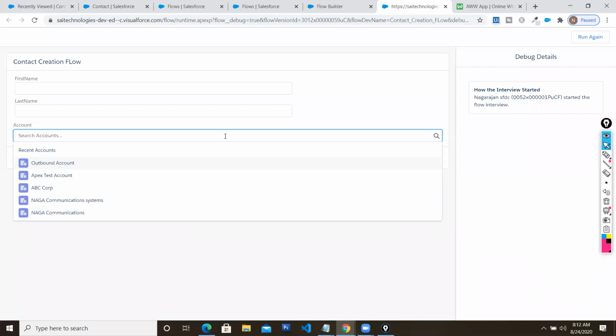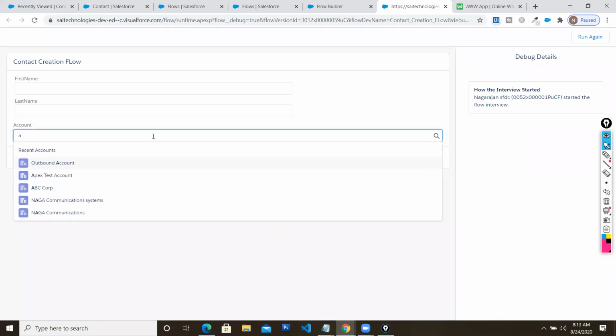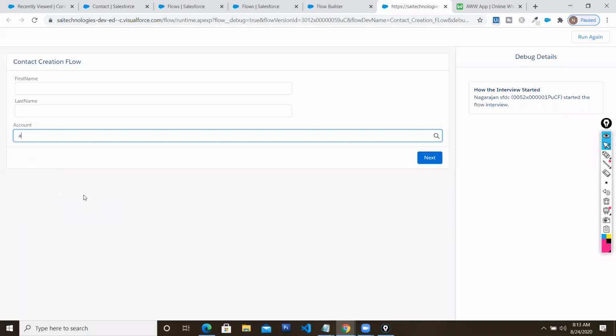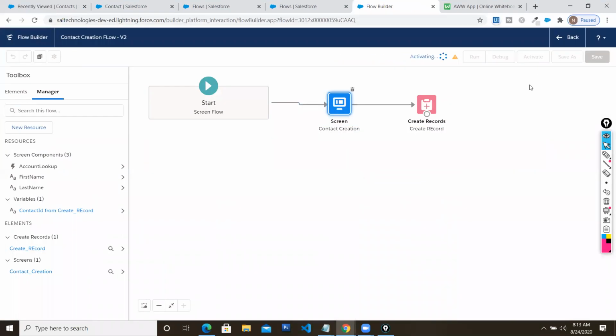See here, I was able to create a lookup right over here. While creating a contact, I can connect this particular contact with an account object. This might be the scenario, right? The contact will not be left alone. Anyhow, you will be going to connect with a lookup record. Automatically all the account records are available here. If you type A, automatically all the accounts which start with A will be available for you. So you can easily create a lookup in your contact. Let me use it in the screen. I'm going to close it and activate it.